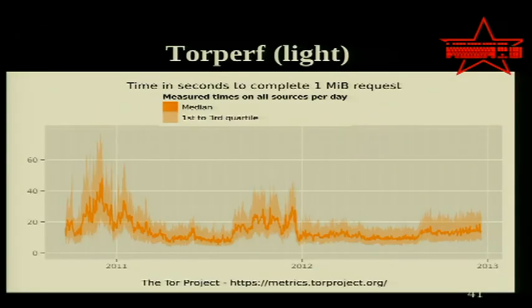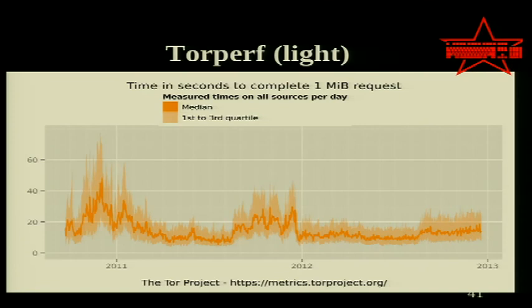We also have torperf, which is a set of scripts that pulls down 50 kilobyte, 1 megabyte and 5 megabyte files over time. And it gives you a graph of the average latency over time of how long it's taken to do this. This gives us a sense of performance over time. We have another 18c3 logo up there because we'd really love to have some help on the torperf side of things, in terms of automating it, in terms of visualizing things more, in terms of testing realistic web pages.